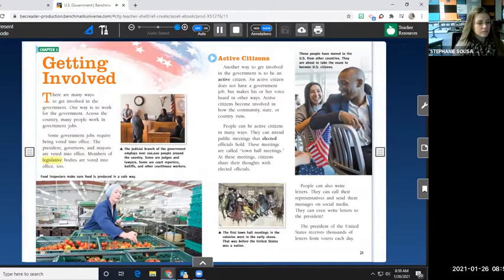Members of legislative bodies are voted into office too. Food inspectors make sure food is produced in a safe way. The judicial branch of the government employs over 100,000 people around the country. Some are judges and lawyers. Some are court reporters, bailiffs, and other courthouse workers.